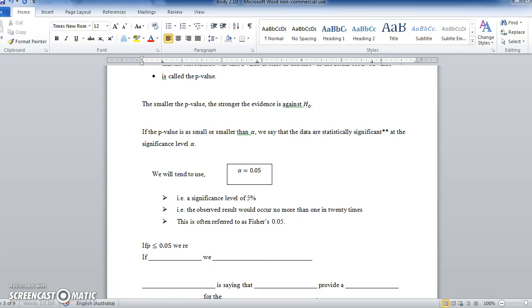So if that happens, we reject the null hypothesis,